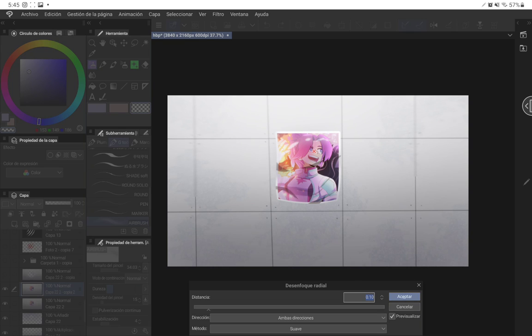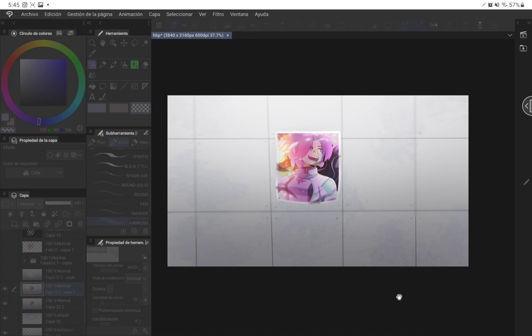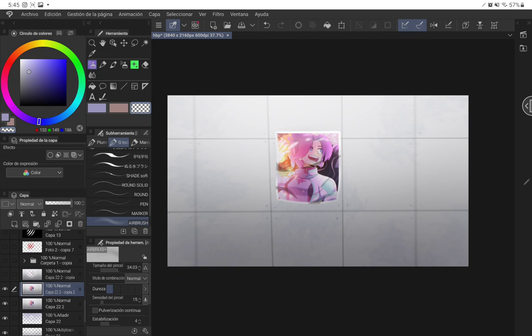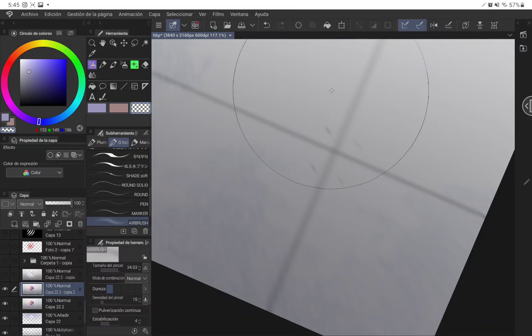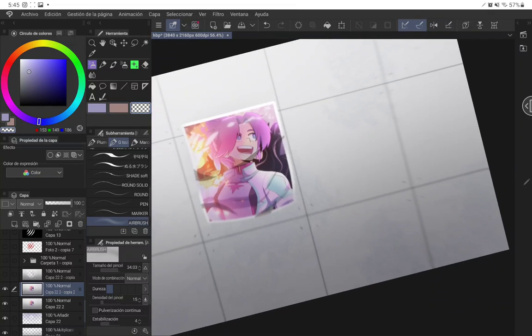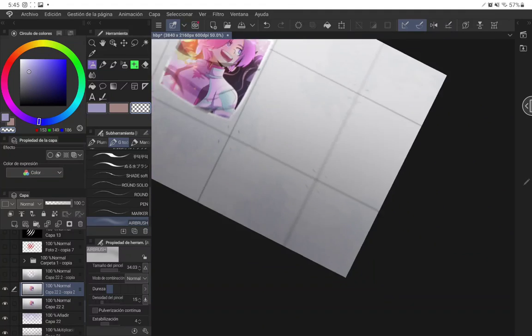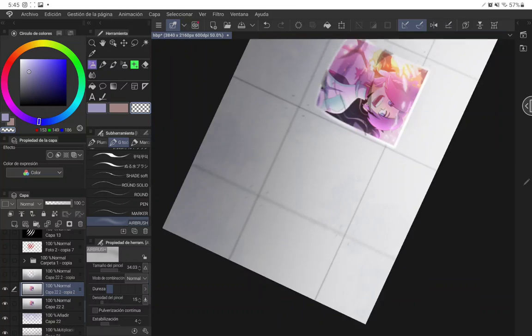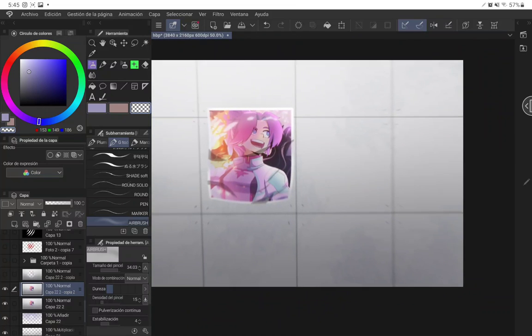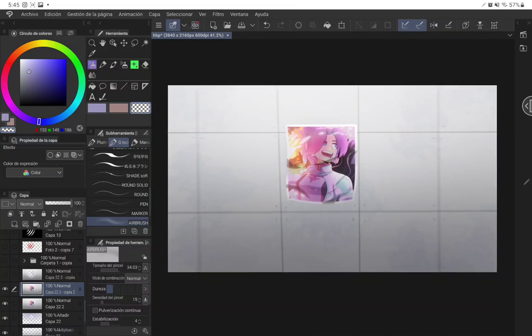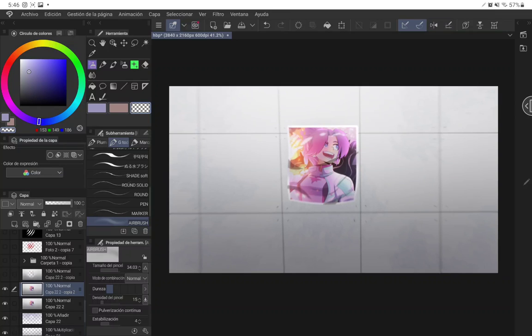So we push accept, and you will see a little effect that is focused, more of a movement blur, something like that. And for me it looks more dynamic. Okay, then we combine with